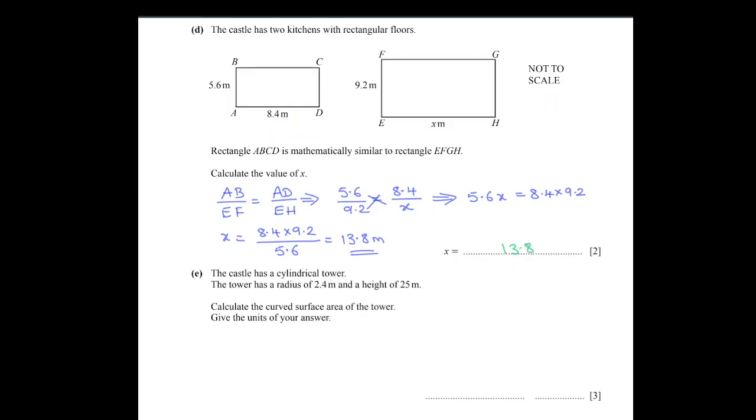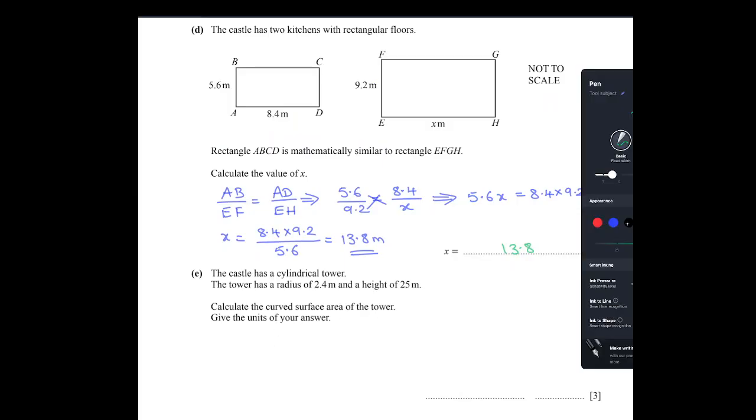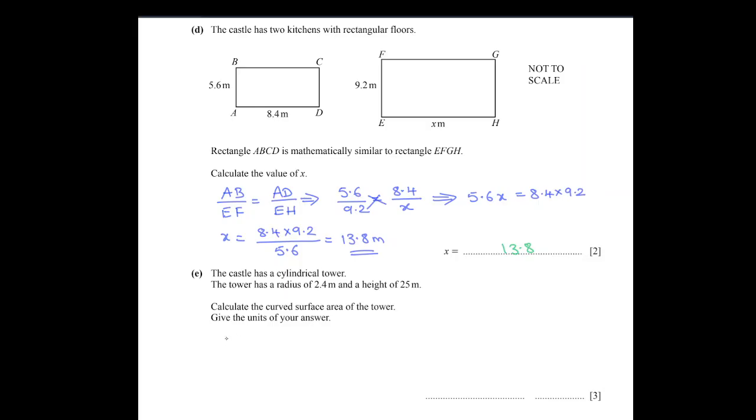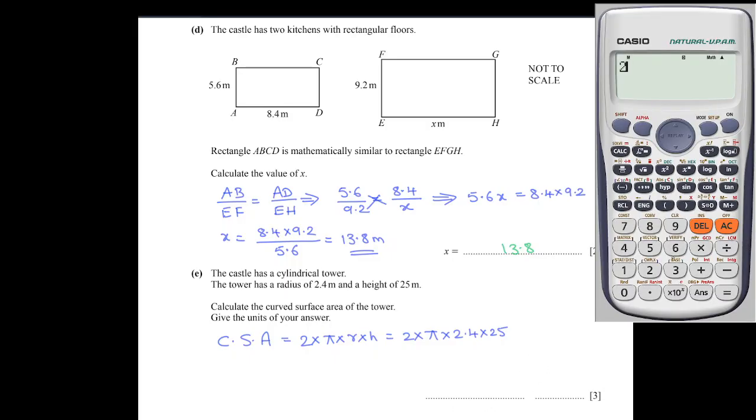Okay, finding the curved surface area of the cylinder, you have to use the formula. Curved surface area is equal to 2 into pi into r into h, which is 2 into pi into 2.4 into 25. Write down, find out 2 into pi into 2.4 into 25 is equal to